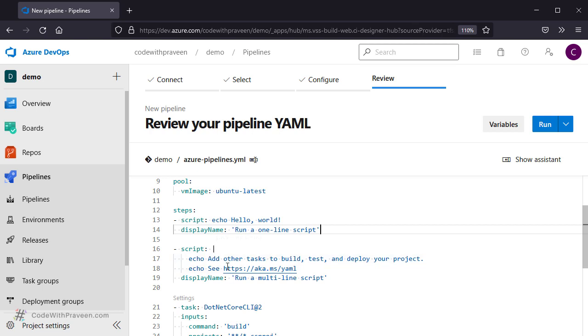Next contains an interesting representation of the string using the pipe symbol. You learned in the previous sections that you can represent the string styles in two formats. One is using the pipe symbol, the other is using the greater than symbol. When you use the pipe symbol, then it's going to retain all the new line characters or the exact structure of the string that is represented here. So in this case, it's going to consider these as separate lines. Echo followed by add, echo followed by C. So these will be considered and this structure will be retained.